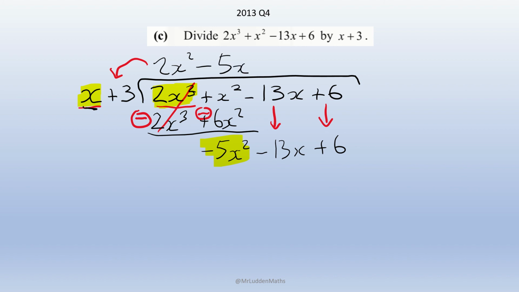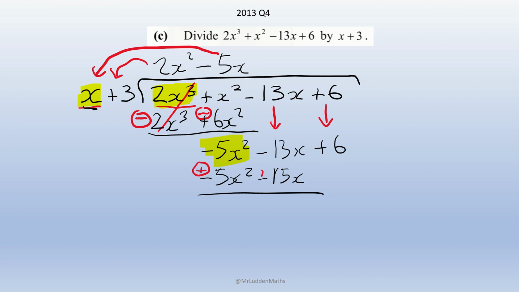So when I want to find out exactly how much it goes in, minus 5x times x gives you minus 5x squared, and minus 5x times 3 gives you your minus 15x. Okay, finding my remainder. If I'm taking away a minus 5x squared, that's going to be a plus. So minus 5x squared plus 5x squared is going to be 0. I'm going to put a line through those to make sure I remember that. And I have minus 13x plus 15x, which will give me plus 2x